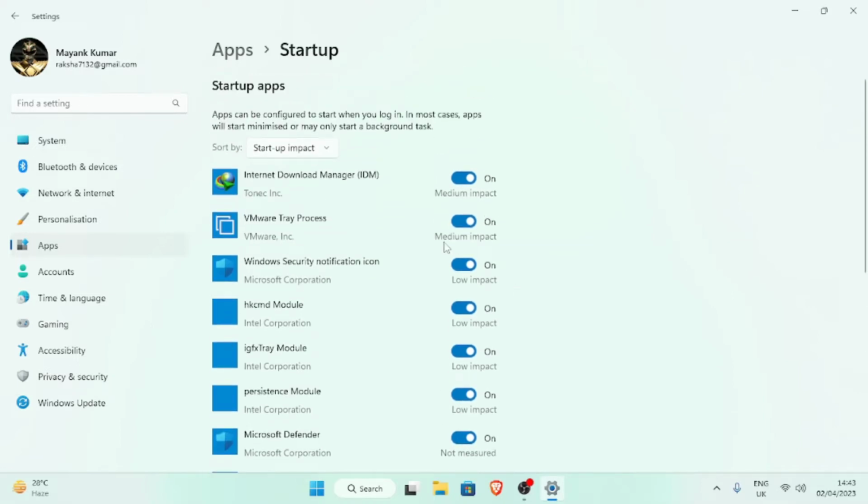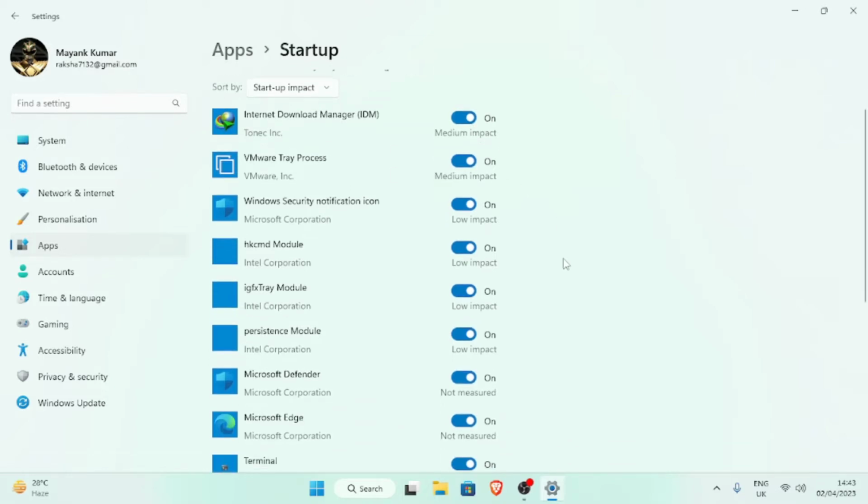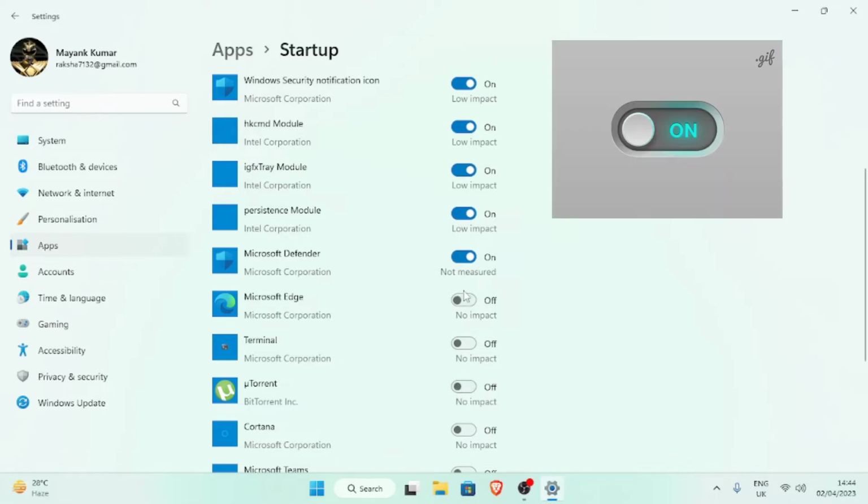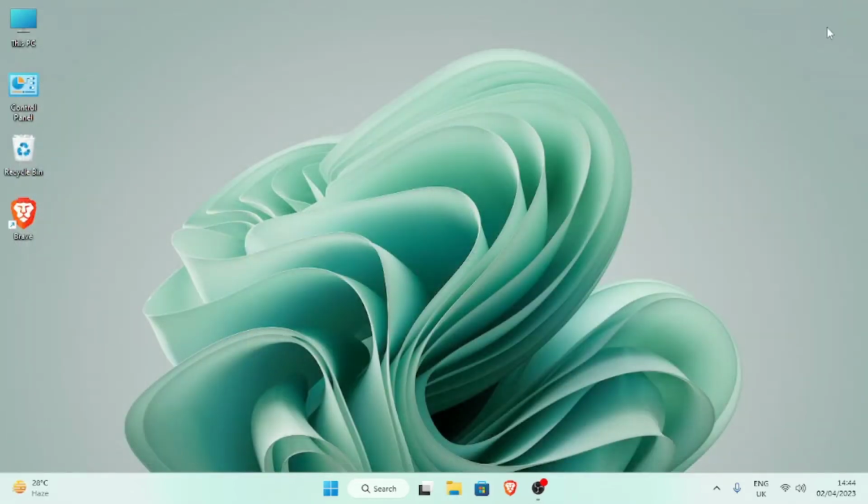I'd suggest that all the important apps which really need to be on at startup shouldn't be turned off, but if they are not important, like Microsoft Edge, Terminal, or Torrent, maybe for some people they are, but for me they aren't, just turn them off and you'll see a significant effect on your startup time, which is also a speed